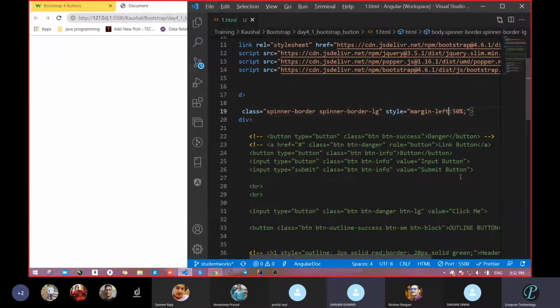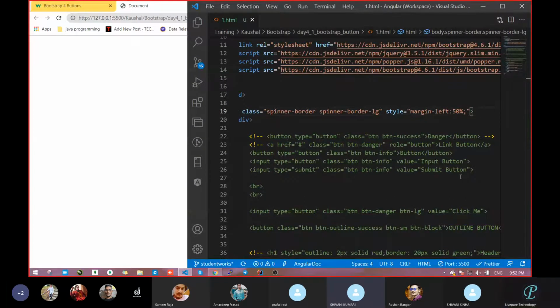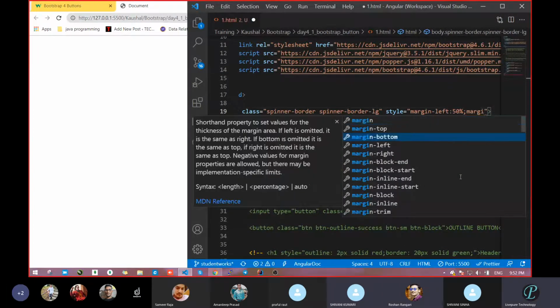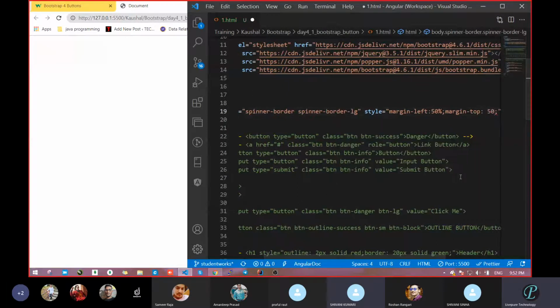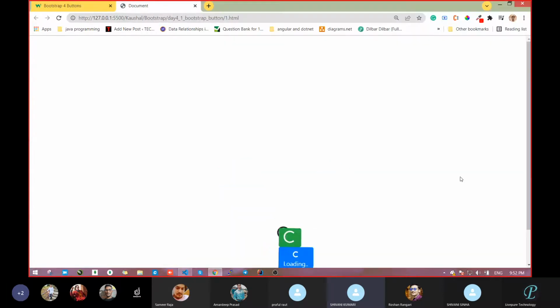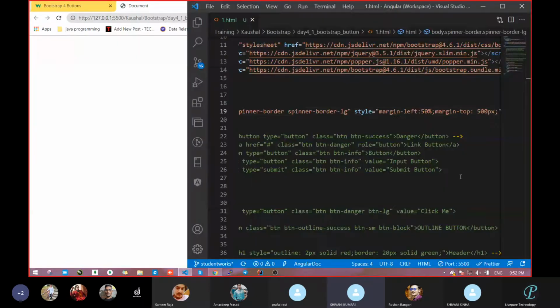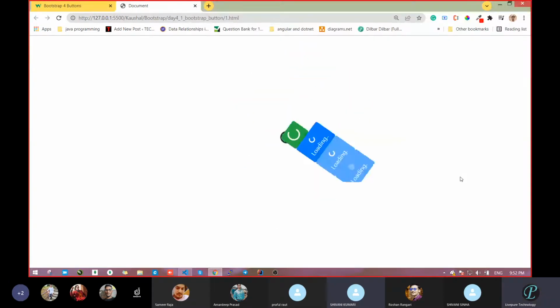It will come to the left side. Now add margin top. Margin hyphen top. Go with 50. Wait. Okay. Go with 500 pixel. Save. It came somewhere more. So it came to the center.